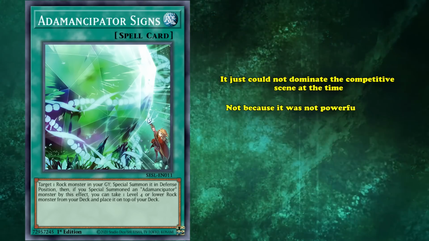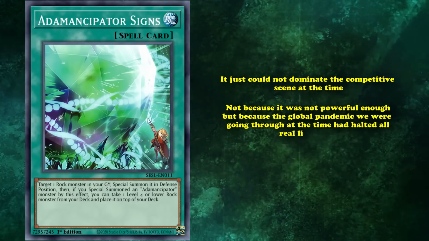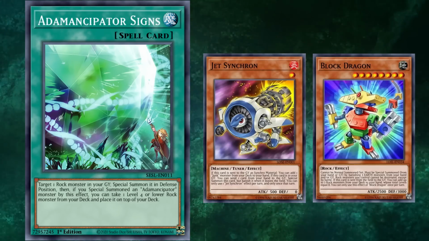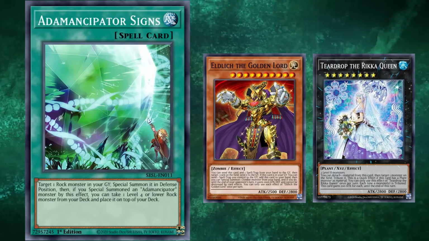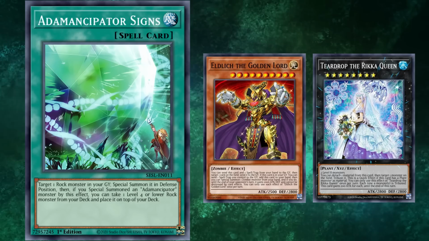Not because it wasn't powerful enough, but because of the global pandemic we were going through at the time that halted all real-life events. Before they could even come back properly, Konami had already addressed some of the more degenerate parts of the deck, like Jet Synchron and Black Dragon, which made it give way for other meta threats, such as Dragon Link again. Eldritch and Rikka would end up as far more relevant archetypes for way more formats than Adamancipator in the end. Either way, Signs is one of the more powerful extenders in the deck, being able to